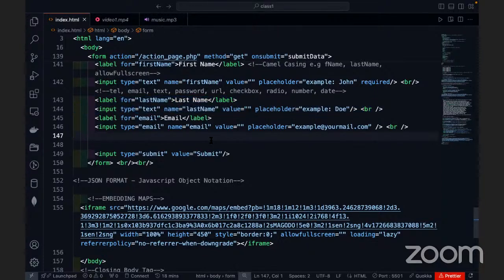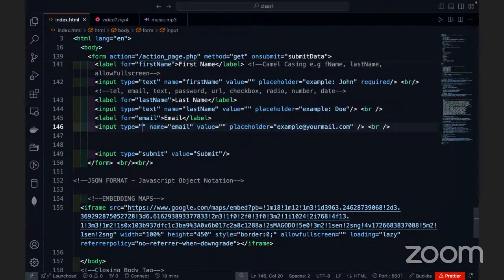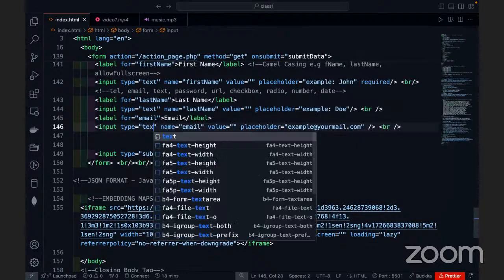And with that, you forget to change some things. Maybe the other one had input type text, and when you pasted it, you forgot to change the input type from text to email. That's where things like this can occur. So if you had input type text instead of email,